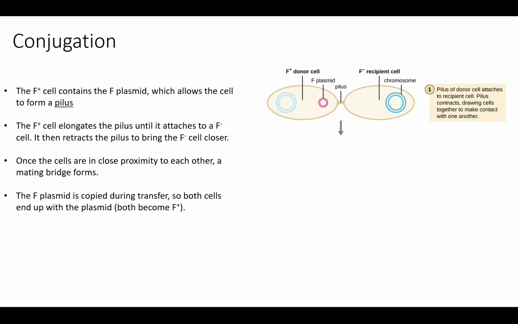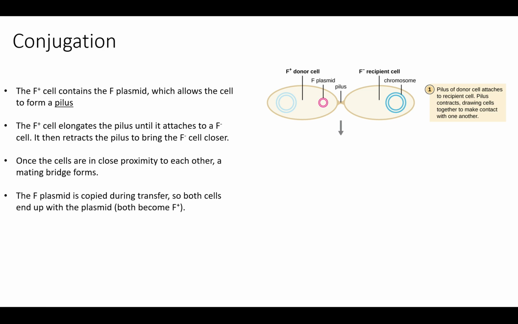So conjugation is a form of horizontal gene transfer that requires direct contact between two cells, like you see here. A common example involves the F plasmid, which stands for the fertility plasmid, and you see that here in pink. This small circular piece of DNA carries the genes needed for conjugation, including genes involved in producing the pilus, which is the structure that is going to be directly involved in contacting that neighboring cell and then ultimately allowing the